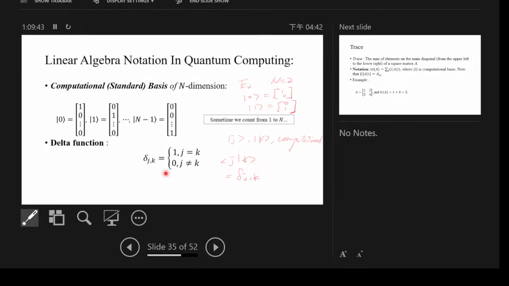And let's try a little more. What you like about the delta function most is that usually when you have a delta function, you also have a summation. A lot of things we will do with the delta function is